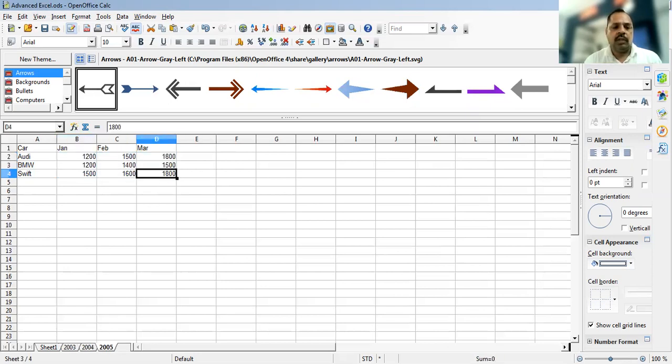Now 2004, 2005. So you want to add all of these 3 data into a new sheet or in any other area.